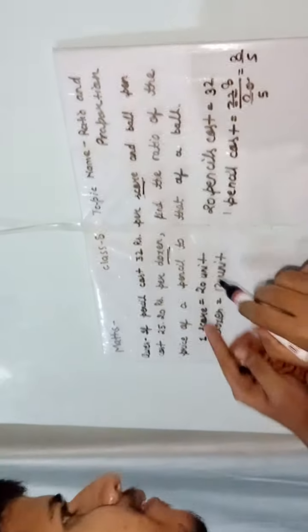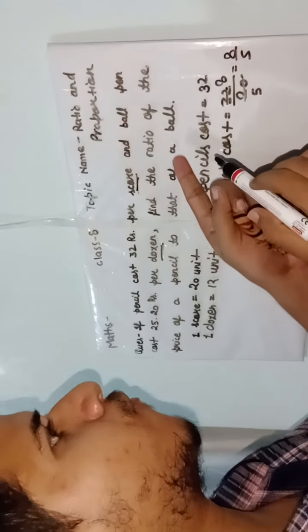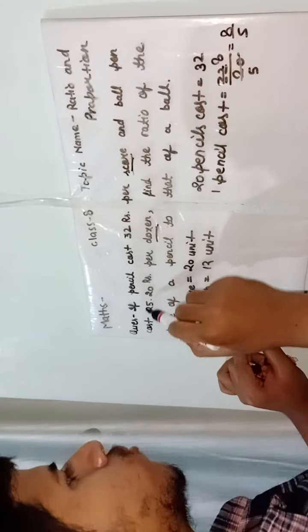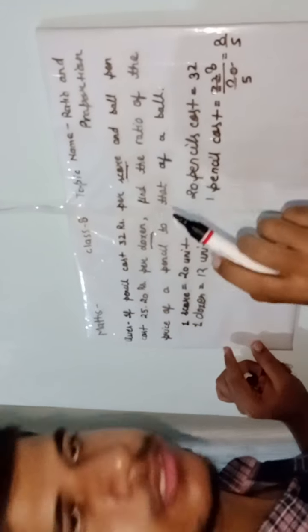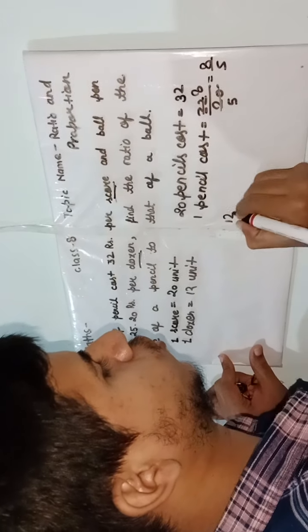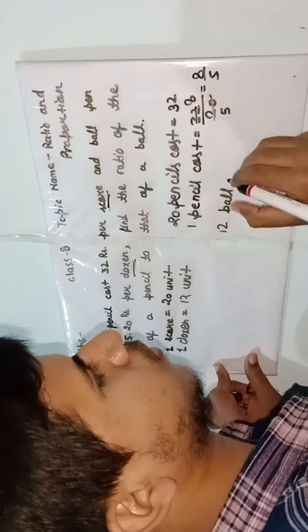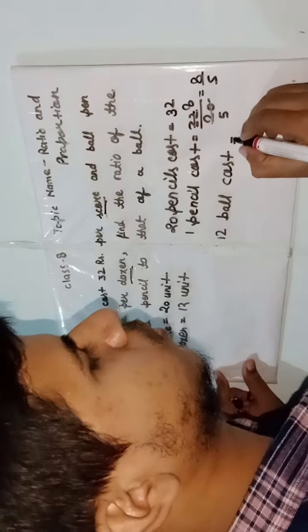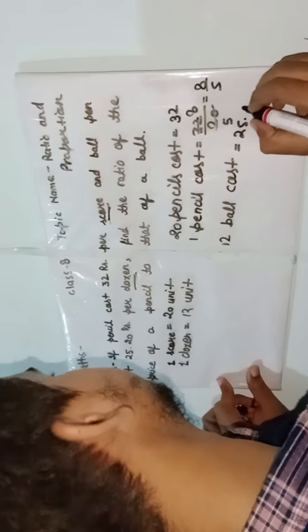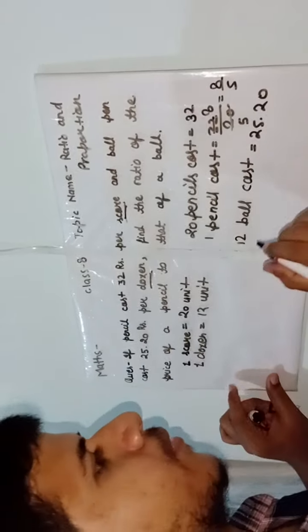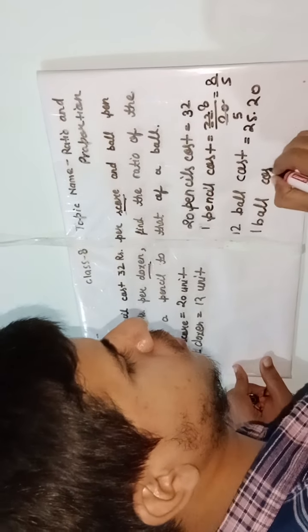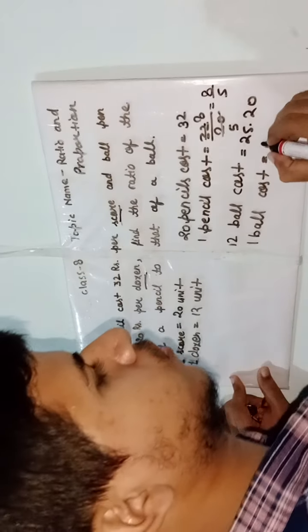Okay. Next, we find that of a ball. We find the ball price. Take it, ball pen costs 25.20 rupees per dozen. Then 12 ball pens cost 25.20. Then one ball pen costs